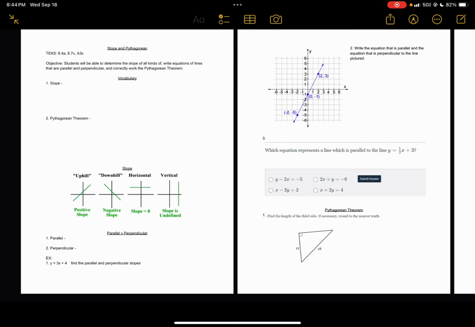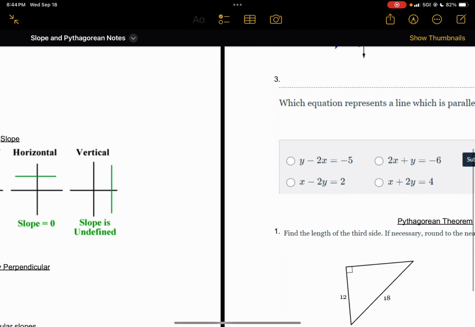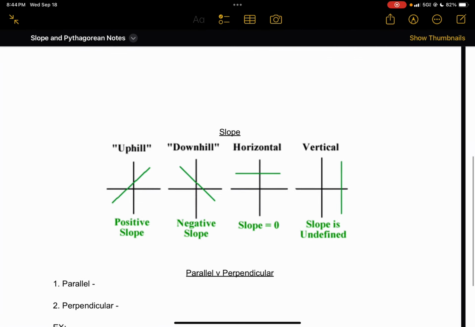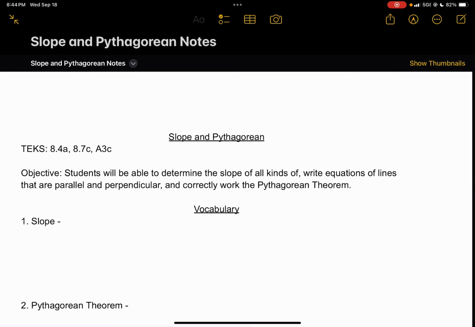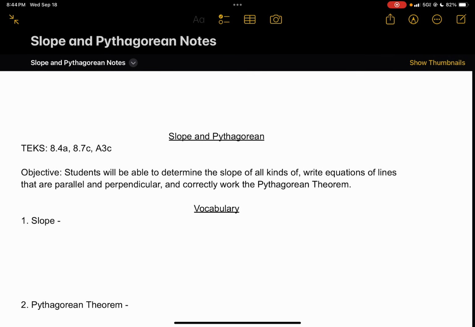All right, guys, let's go over slope. So this is a review from algebra for the most part. So let's look at this. All right, so slope. Slope is going to be defined as the rise